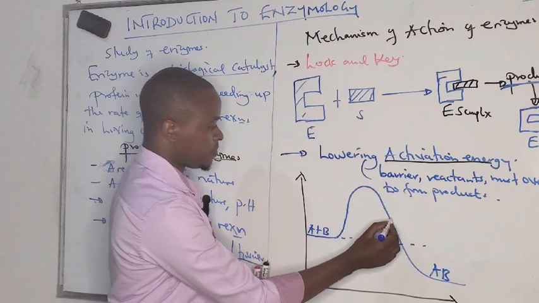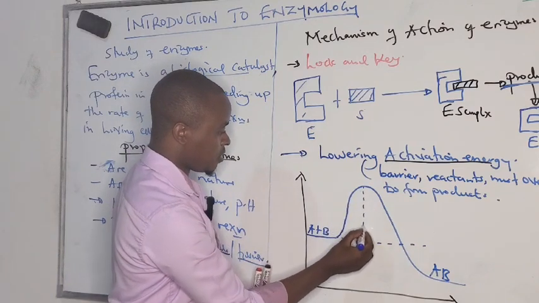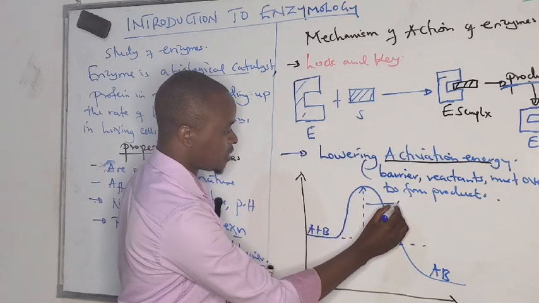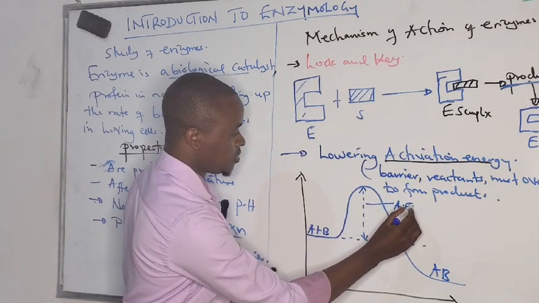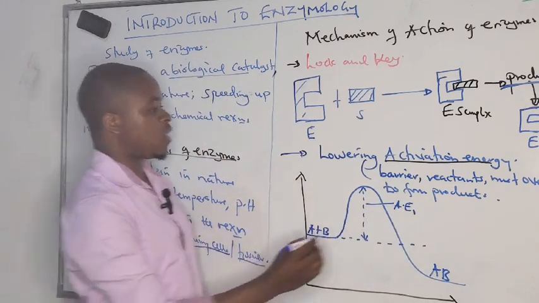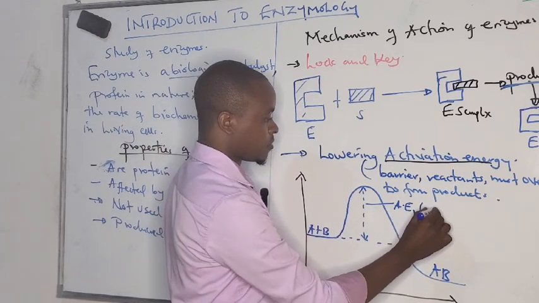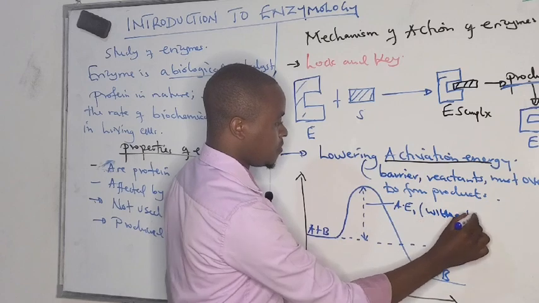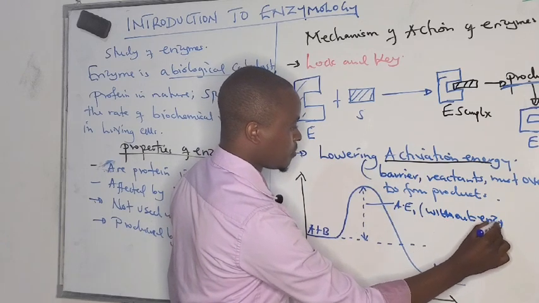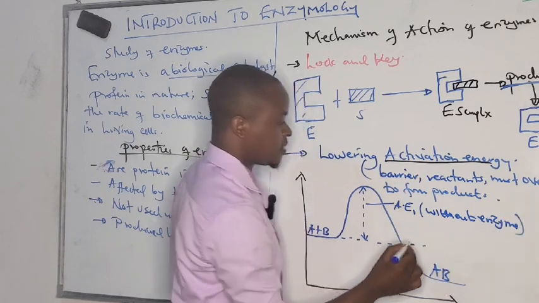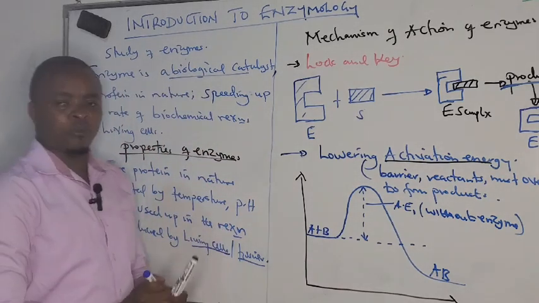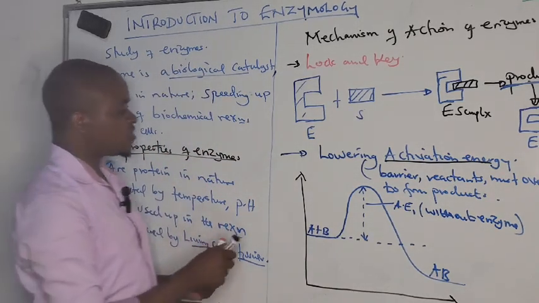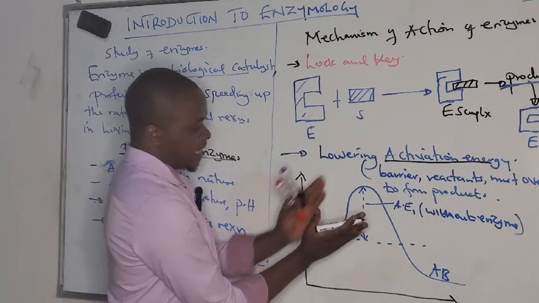So from here up to here is the activation energy 1. This is without enzyme. Without the enzyme. But if you bring the enzyme, in the presence of the enzyme, the energy or the barrier